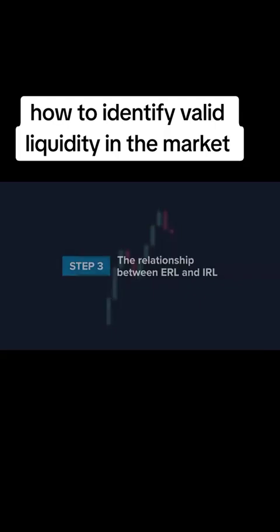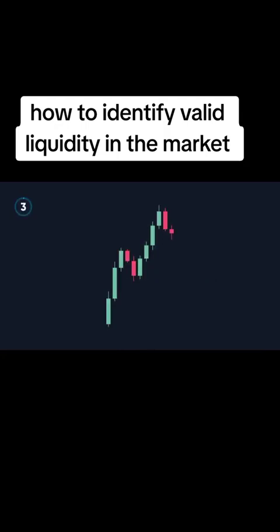We'll now develop what we've covered so far in our next step, which is understanding the relationship between external and internal range liquidity. Here we have an uptrend, and we know this because the price has created a break of structure by pushing through the previous swing high. And with this new bullish swing that was created, we have our current external range liquidity levels. But because we know this structure is currently in an uptrend, we should be expecting the price to target the upper buy side liquidity level. But in order to do this,